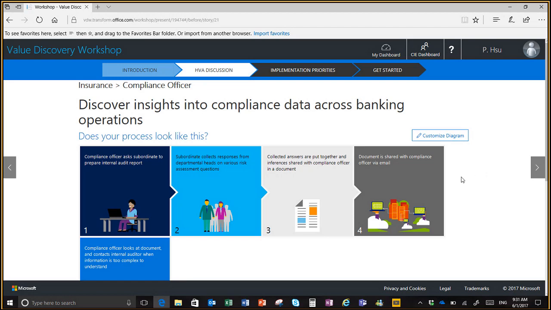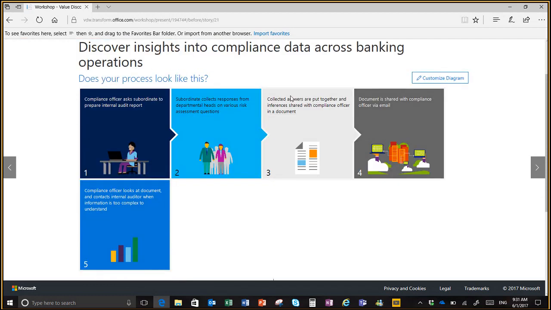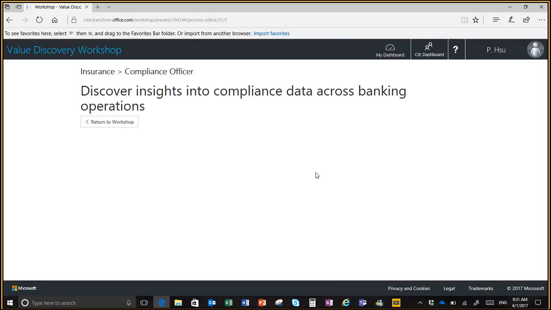And you can see this is the old process. Does your process look like this, Mr. Customer? Does it go from step 1 to step 5? Right here is where you can customize your entire VDW to fit what you're listening for in the customer conversation, right? So if the customer says, "Hey, our process doesn't really look like this," fine. Let's not stick to this. Let's actually go ahead and customize the diagram and say, "Okay, so what does your process look like?" Right? And as this thing loads,